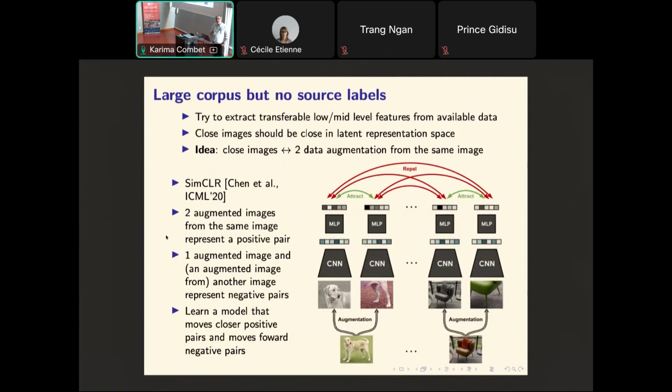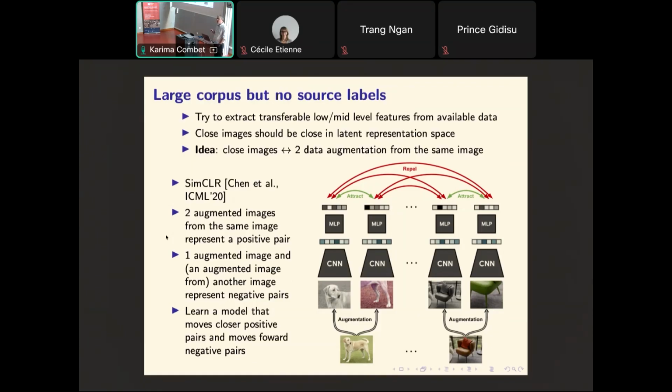Maybe you don't have labeled data in source. Okay, you only have the source data. You have lots of images, but you don't have people who are able to label your data. But you can still have a model that tries to leverage some basic elements in the images. And one way to do that is to use a model that will pre-train on your sample. The idea is that you will try to regularize the model by trying to make close images that are related. One way to do this is to take an image, let's say a dog here, and do